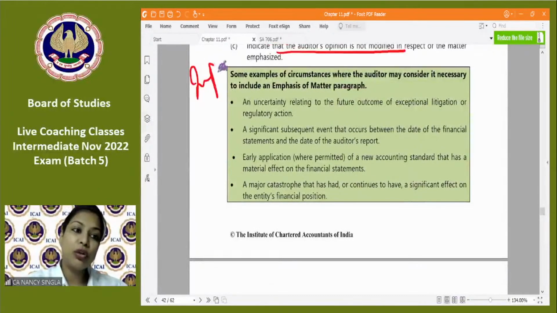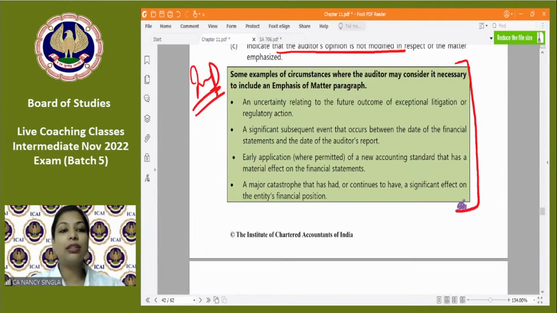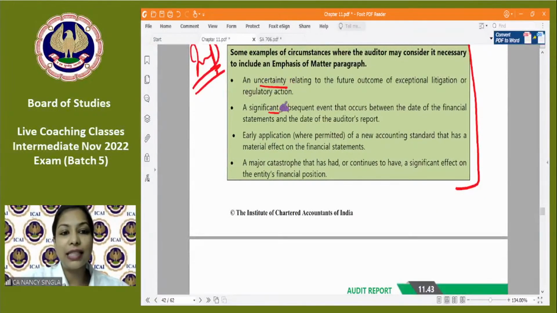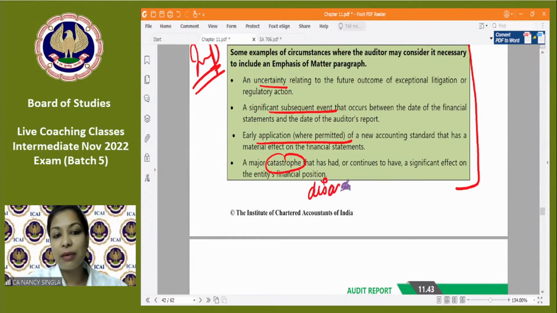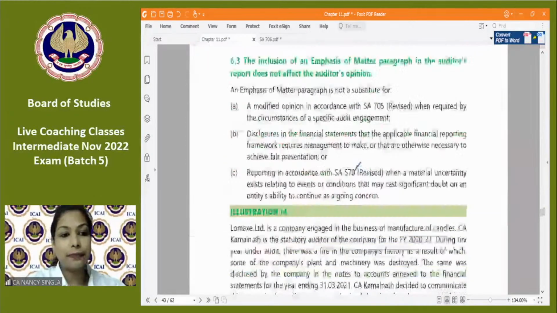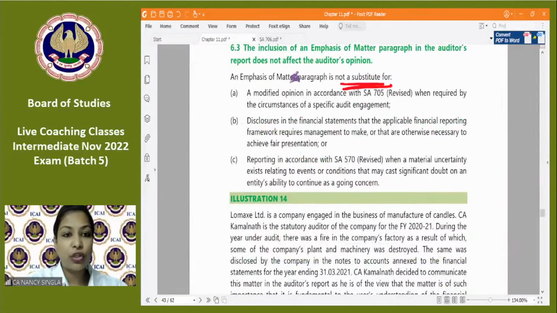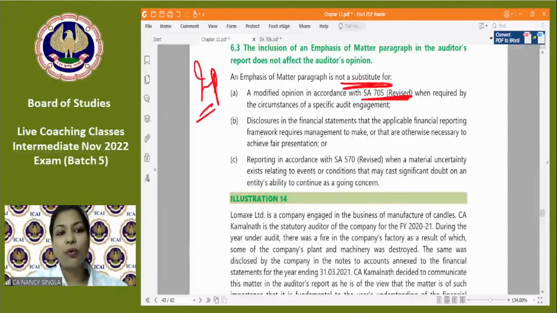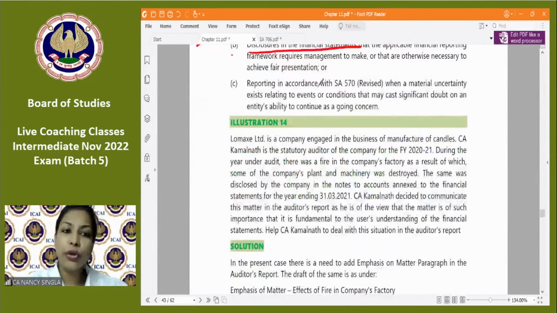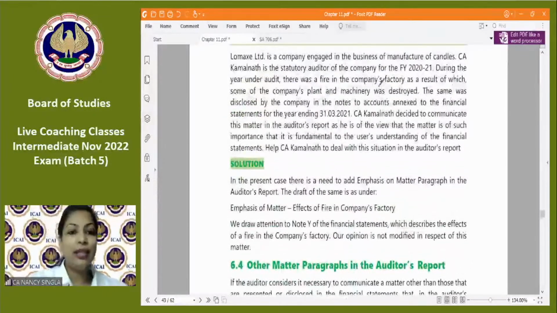What are the examples? Important question है ना, कि कौन से examples और circumstances can become example of emphasis of matter. So uncertainty है, significant subsequent event है, early application of AS है, catastrophic disaster है, ये भी example of fire, earthquake, ठीक है। EOM, yes, it is not a substitute. Again, very important question. 705 का modification करना है तो opinion section में जाओ। अगर आपको disclosure देना है तो management financial statement में देगा। अगर आपको going concern पे reporting करनी है तो going concern paragraph में जाओ, ठीक है।